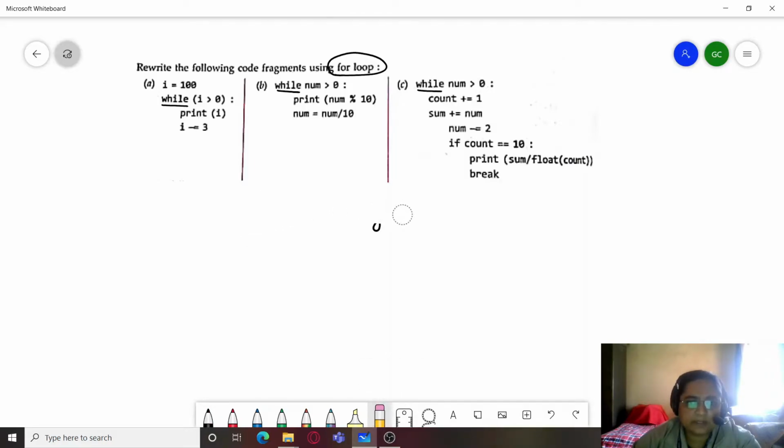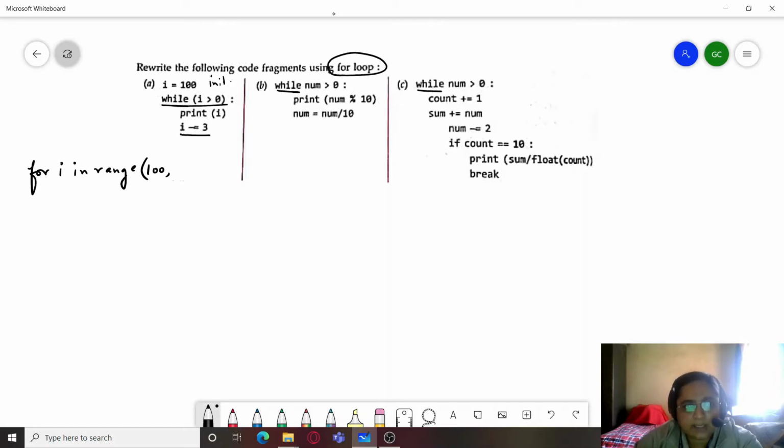So let's start with the very first piece of code here. We have this first piece of code, which is written using while loop, and we have to convert it into for loop. So we can see i equals 100, which is the initialization statement. And then here you have the condition and here you have the update expression. So you can straightforwardly convert it like for i in range. So starting value is 100, ending value, now i should be greater than 0.